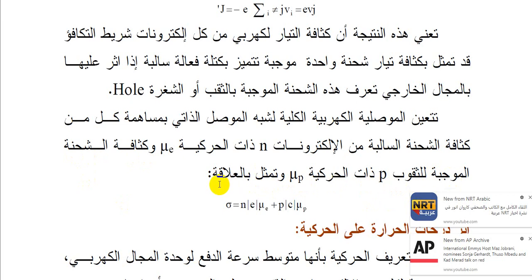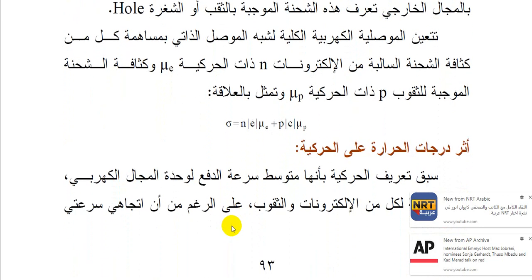Represented by the following relationship: sigma الموصلية الكهربائية, electrical conductivity, equals N عدد الإلكترونات أو كثافة الشحنة من الإلكترونات E mu E. E هي شحنة الإلكترونات, mu E هي حركية الإلكترونات. mu is a Latin letter, حرف لاتيني, a significant of mobility in semiconductor physics. mu E is the mobility of electrons, plus P E, where E is the electron charge just like we indicated before، يعني شحنة الإلكترونات كما أسلفنا. ميو P حركية الشغور. قانون مهم جدا.